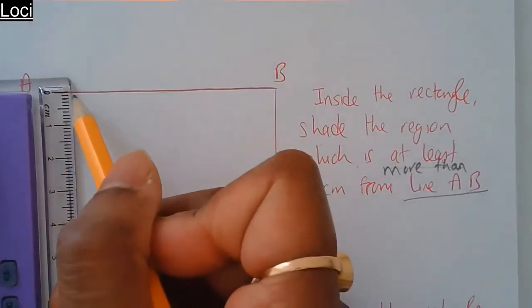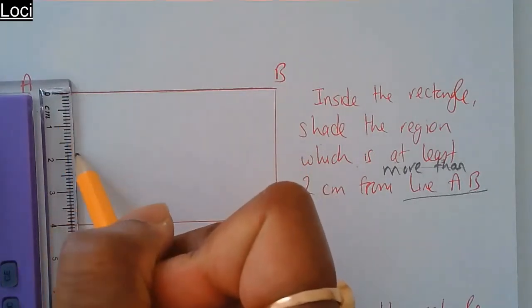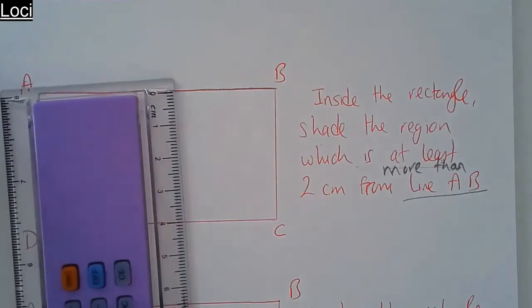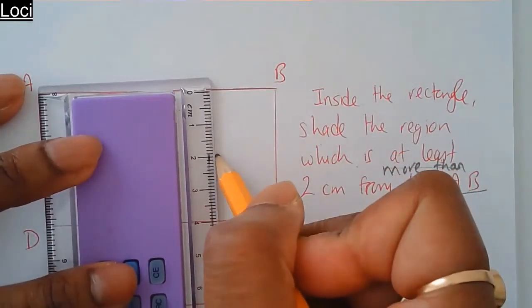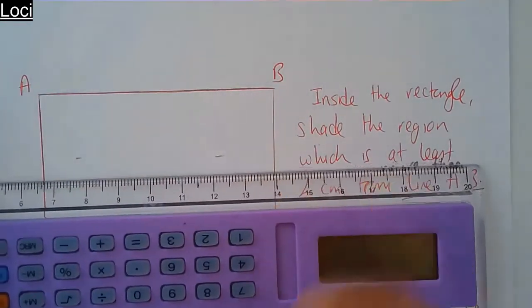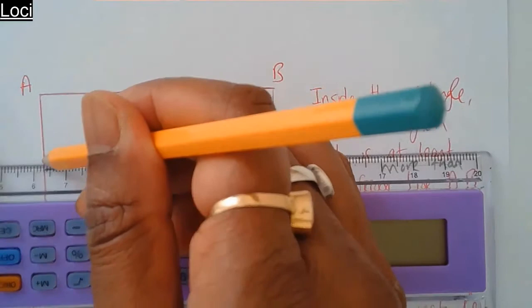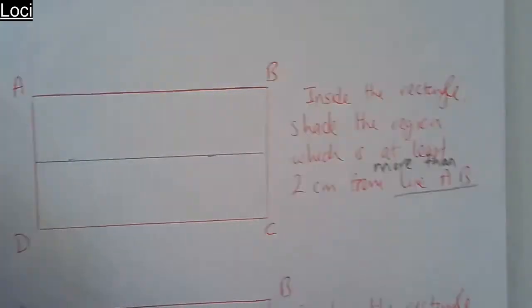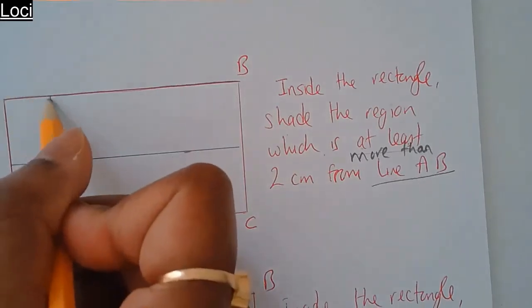measure 2 centimeters, starting with 0, line up the 0 with line AB, 2 centimeters. Let's mark, put another mark somewhere, 2 centimeters, and join the two marks. So this line is 2 centimeters from AB,